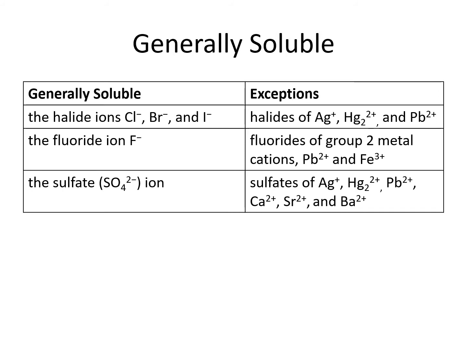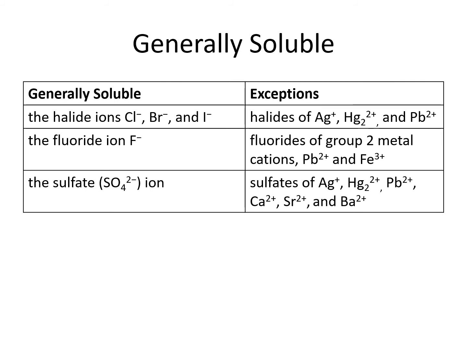On the next list are ions that are generally soluble. The halide ions from group 7A, chloride, bromide, and iodide, are generally soluble except when they are paired with the silver 1 ion, the mercury 1 ion, which is Hg2 2+, or the lead 2 ion. For example, sodium chloride and calcium bromide are both soluble in water. Silver iodide would not be soluble because silver is one of the exceptions to the rule that halides are generally